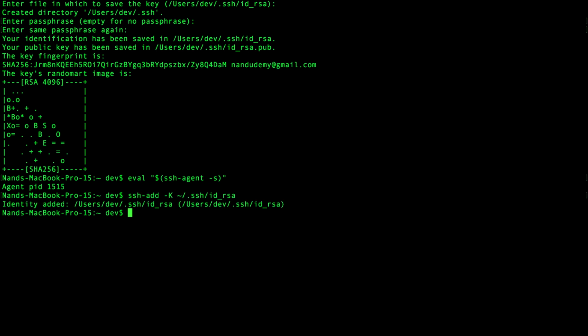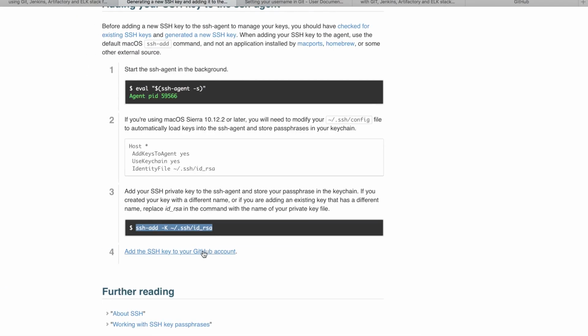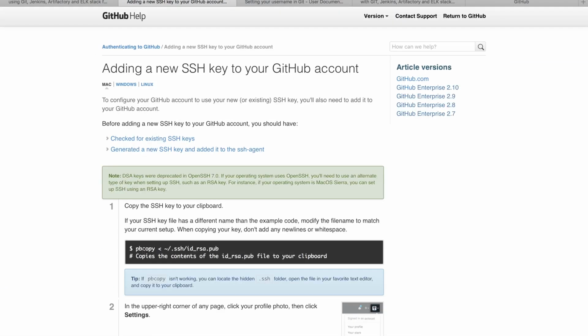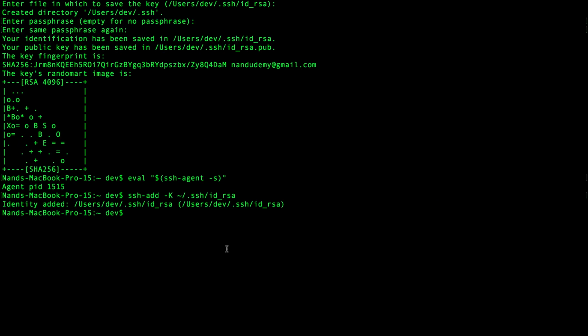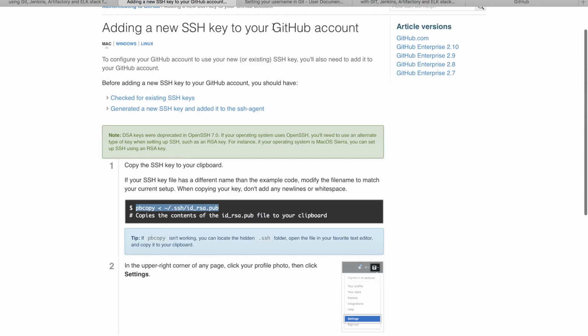So we're going to add the key to the private repository, and once that's generated, we need to copy the SSH credentials, which basically this command copies to a clipboard, and then I can go into